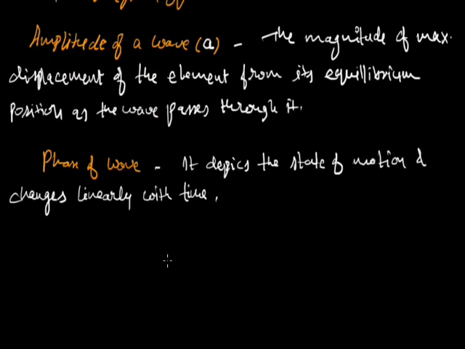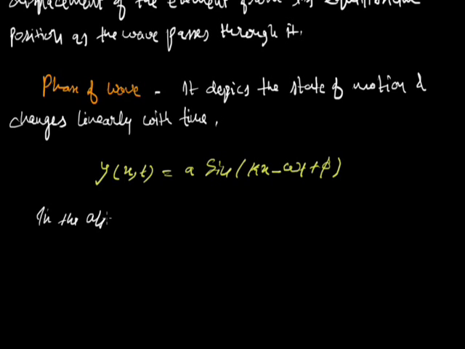As we know, we generally express the displacement equation for waveform y(x,t) equals A sin(kx minus omega t plus phi). In the above equation,